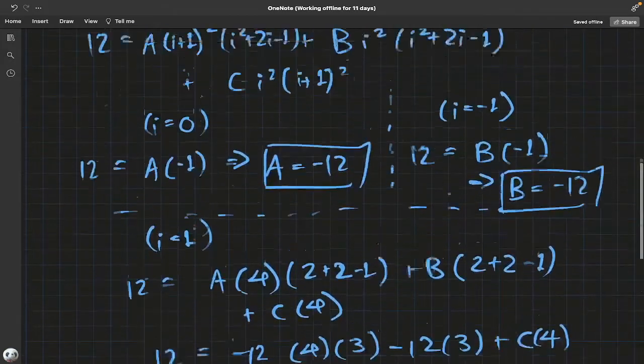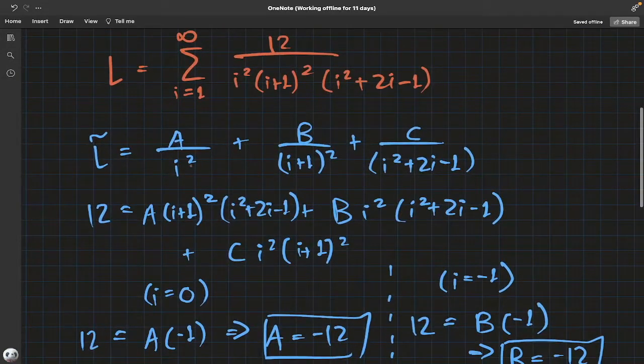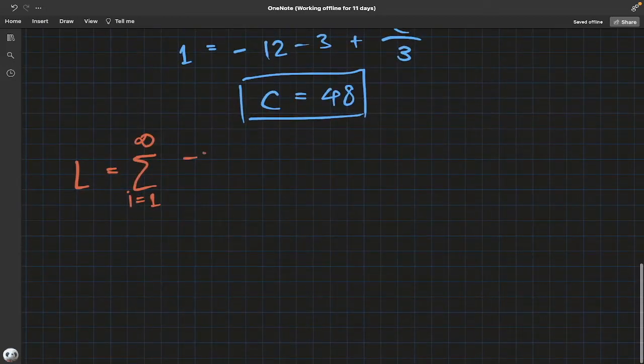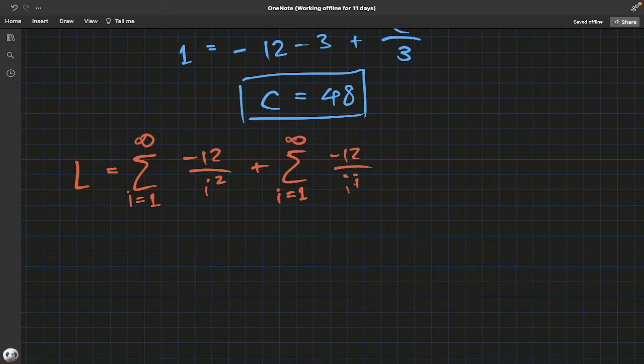So A is negative 12 over i squared, plus the sum from i equals 1 to infinity of negative 12 over i plus 1